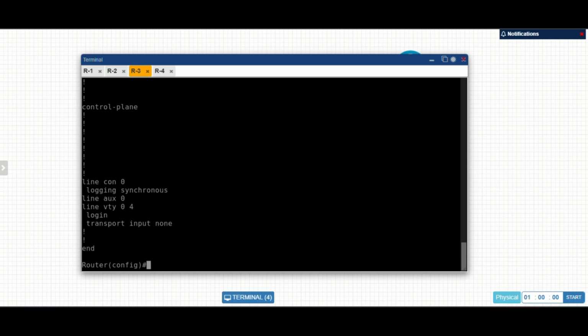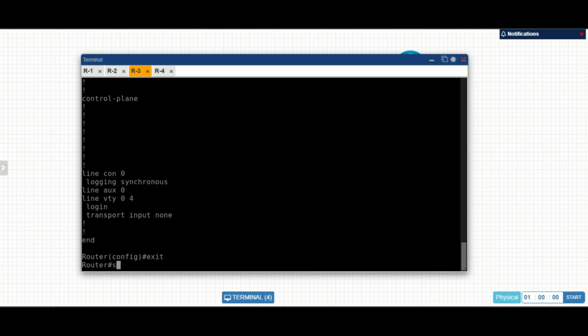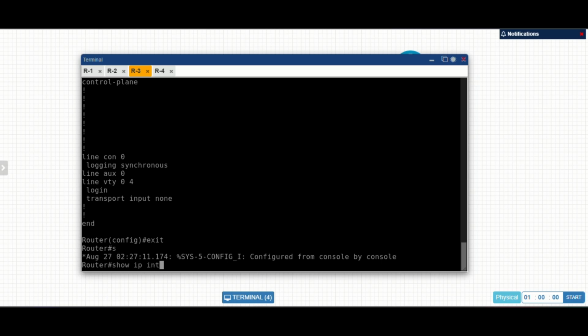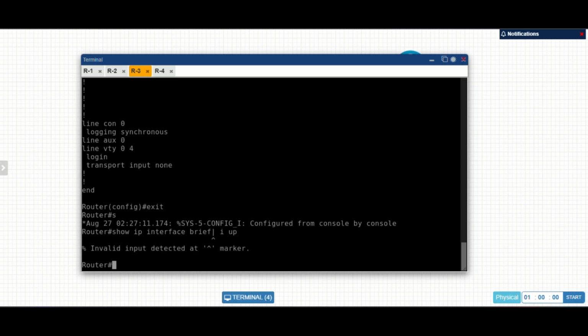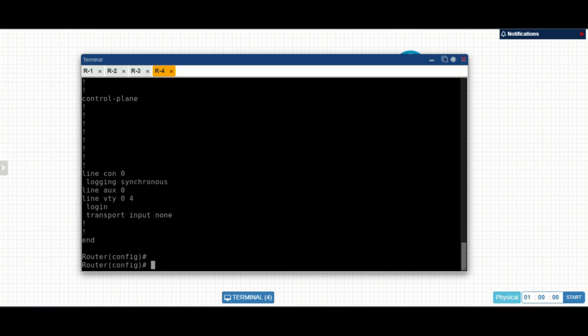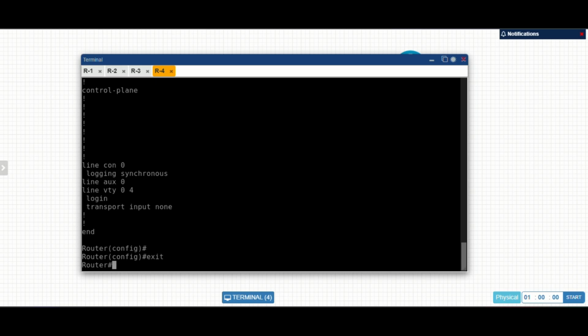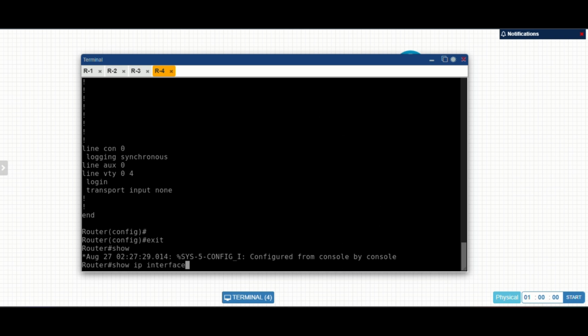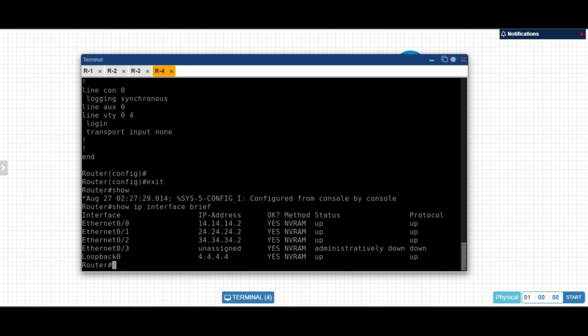How about in router 3? Wait a minute. And then already connected to LISP. How about in router 4? And then there is none because LISP just connects to the router 1.